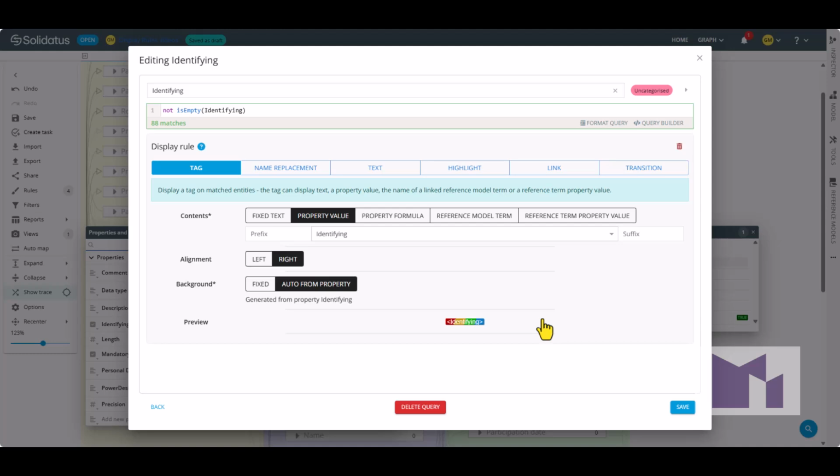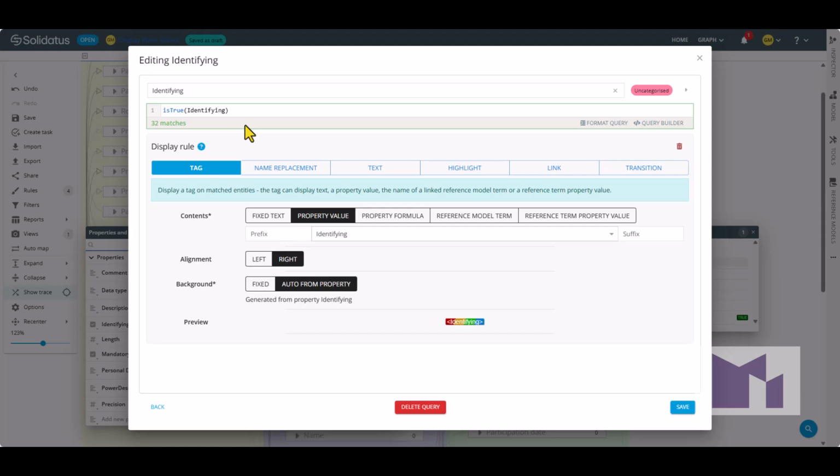So here it is, and I want to use a different query. So instead of just saying is it empty or not, I just want to show if it's true. Because it's a yes, no, true, false checkbox, I can test to see if it's true, and I'm interested if it's true.